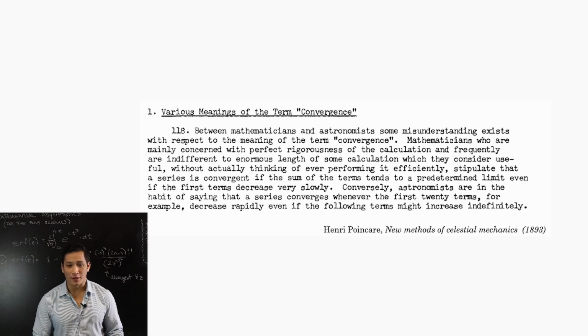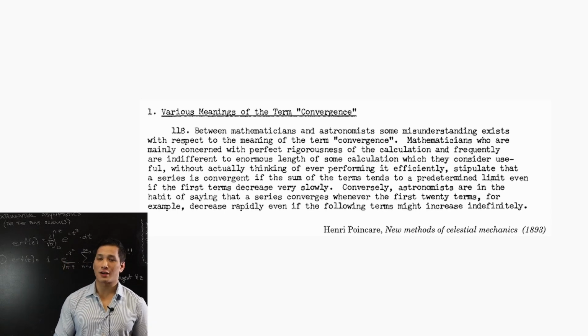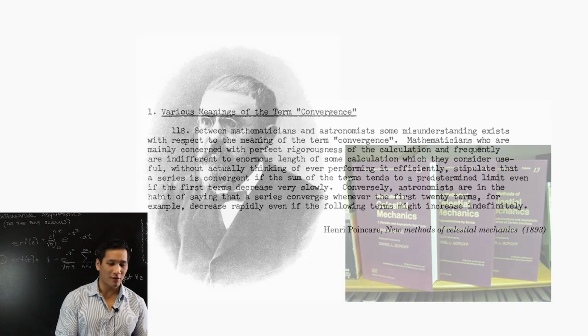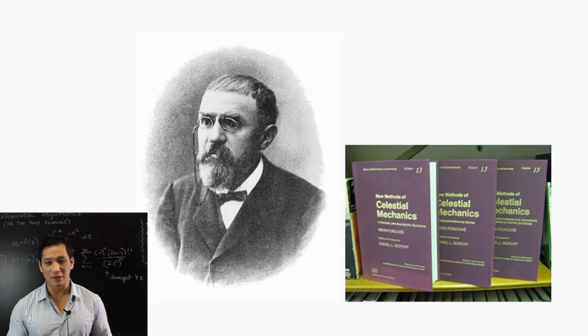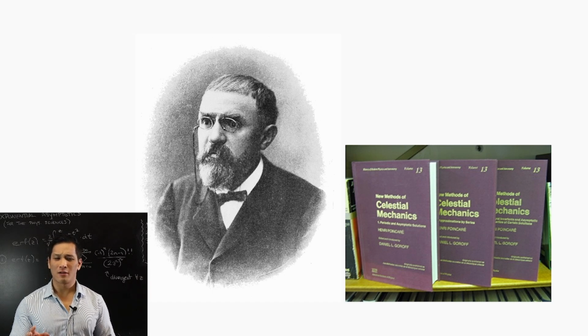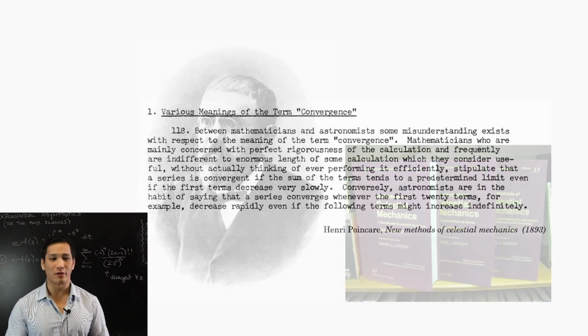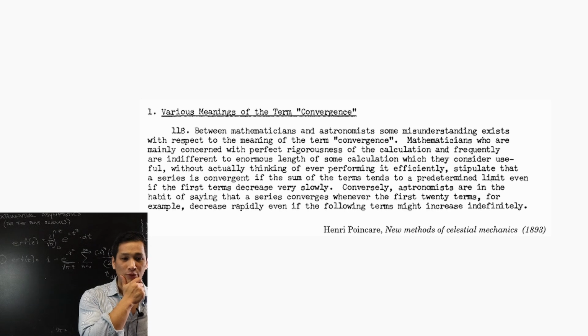And what's interesting that I wanted to point out was that unlike a lot of pure mathematicians, Henri Poincare was actually very respectful of the use of divergent series in science and in mathematics, right? He wasn't saying you shouldn't be using them. He was saying that actually they seem to be very powerful and we need to have a better understanding of why they're useful. So he wrote, between mathematicians and astronomers, some misunderstandings exist with respect to the meaning of the